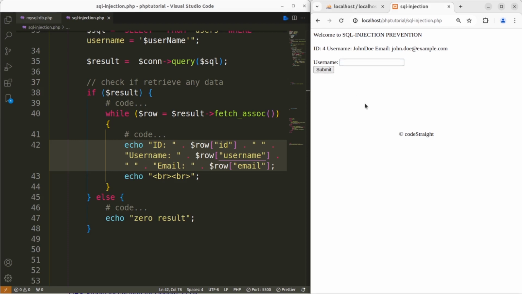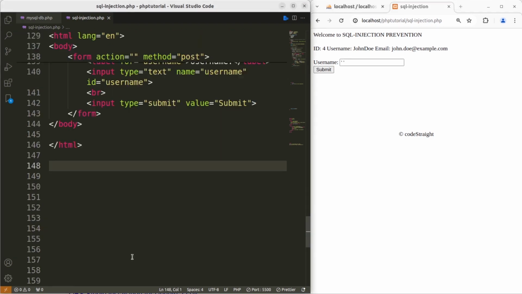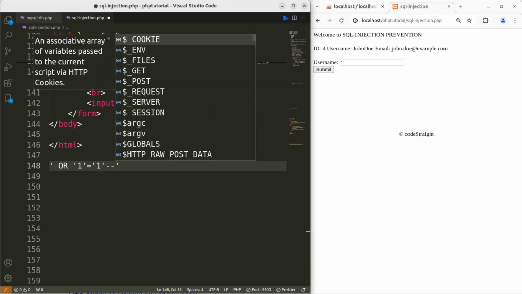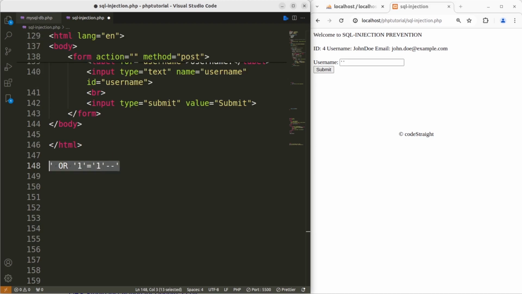But if any troublemaker visits your application and types in here, within quotes, space, and after that or within quotes 1 equals to within quotes 1, after that a couple of hyphens, and let's copy or cut this expression from here